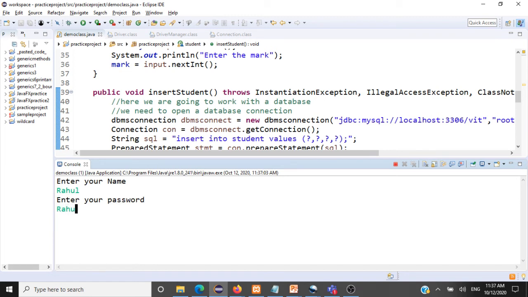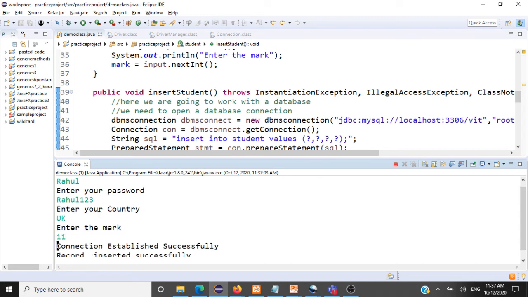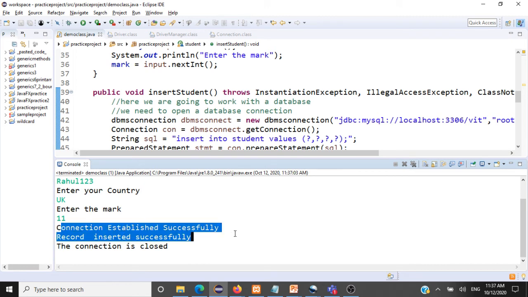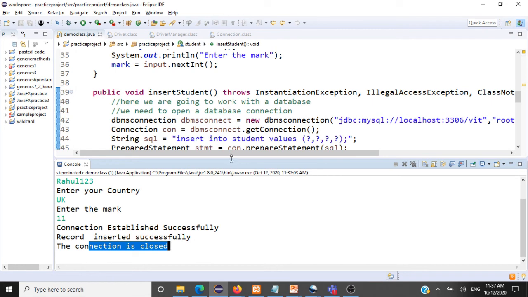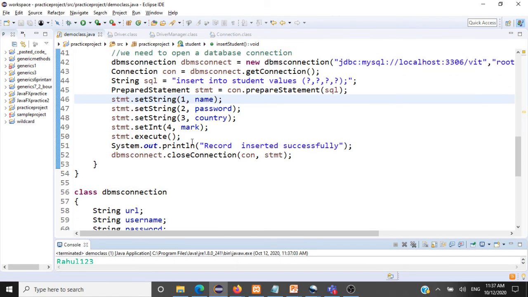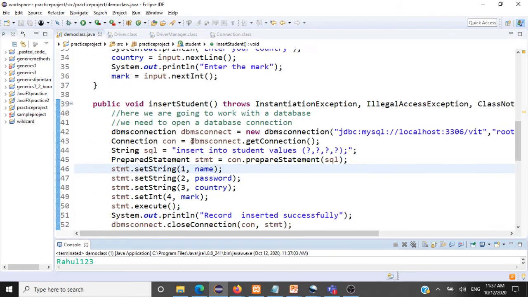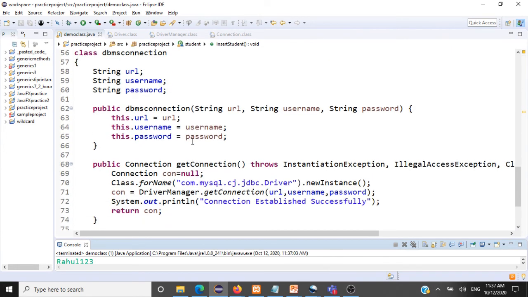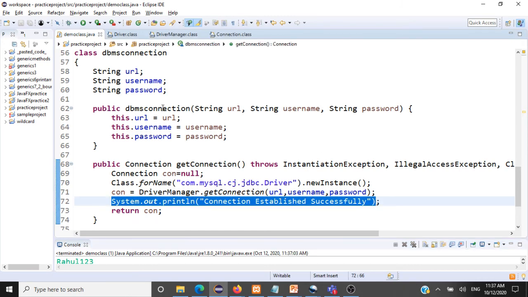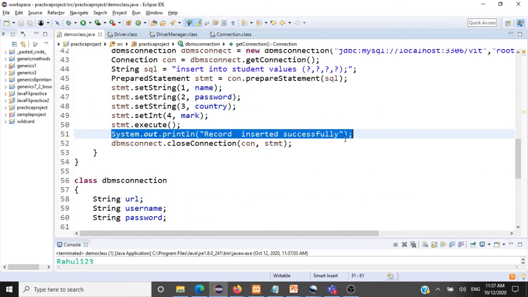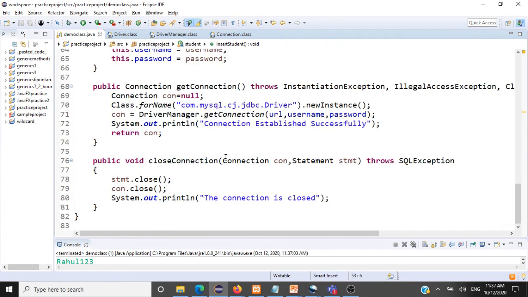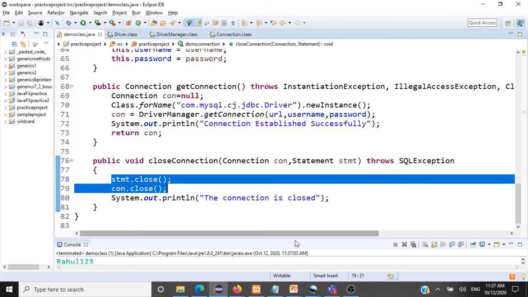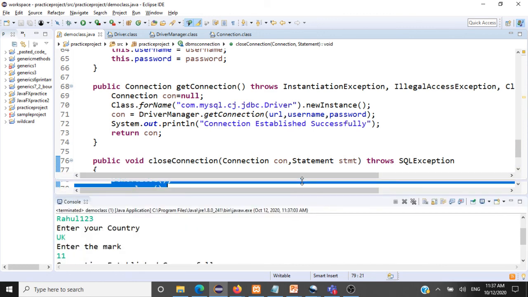We'll enter Rahul123. Country is UK and marks is 11. Let's enter. Yeah, connection established successfully. Record inserted successfully. Connection is closed. So all these messages have come from different methods. The very first method is connection established. So before inserting, the connection was established, and after inserting, record inserted successfully. After that, the connection was closed. So our program, the messages are perfect.